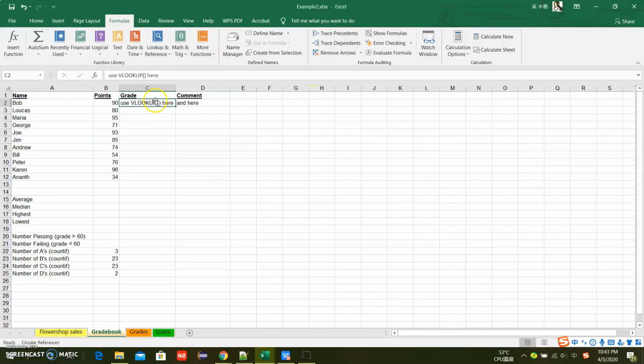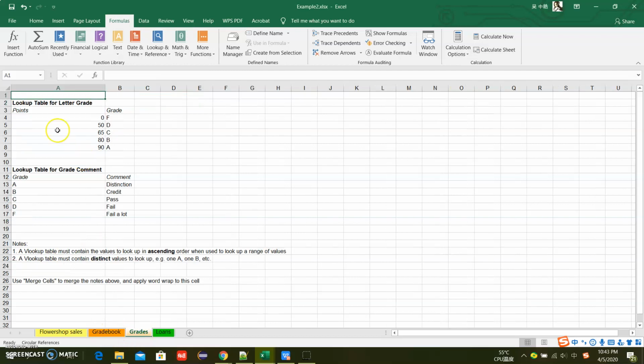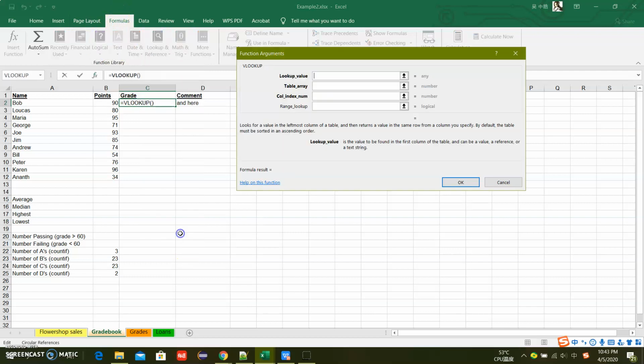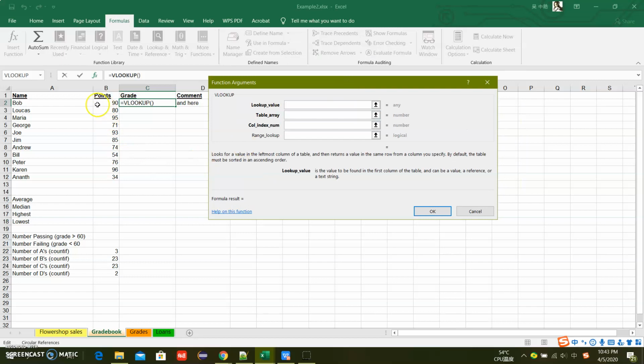Right here, if I want to output the letter grade based on these points for different people, we could use a VLOOKUP. The third one and the second one should work together, because this table in this grades sheet is a reference table you could look at when you grade different people based on their points. So we go to the formula tab and use the VLOOKUP, and for the first person,